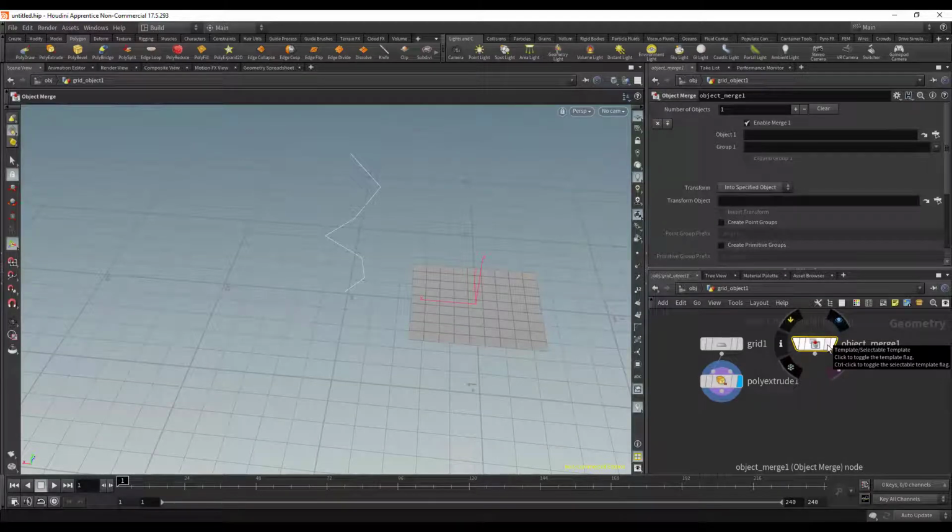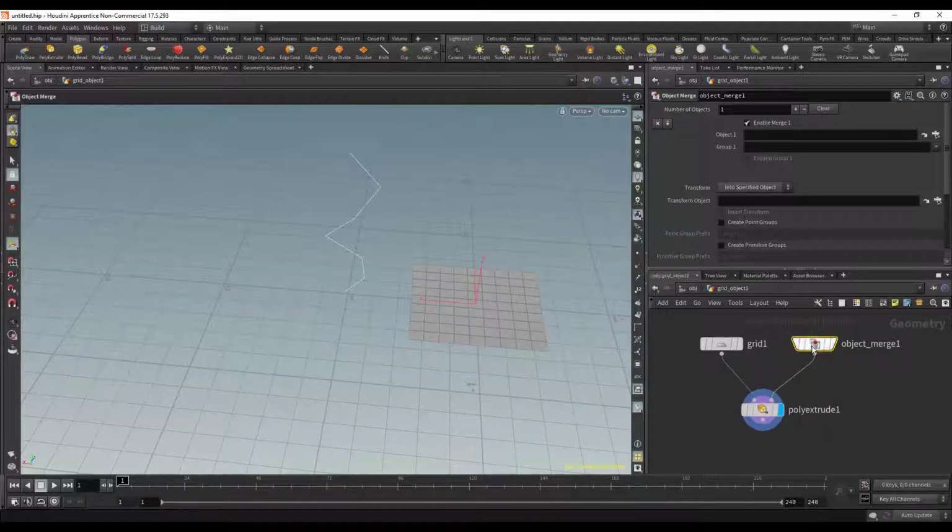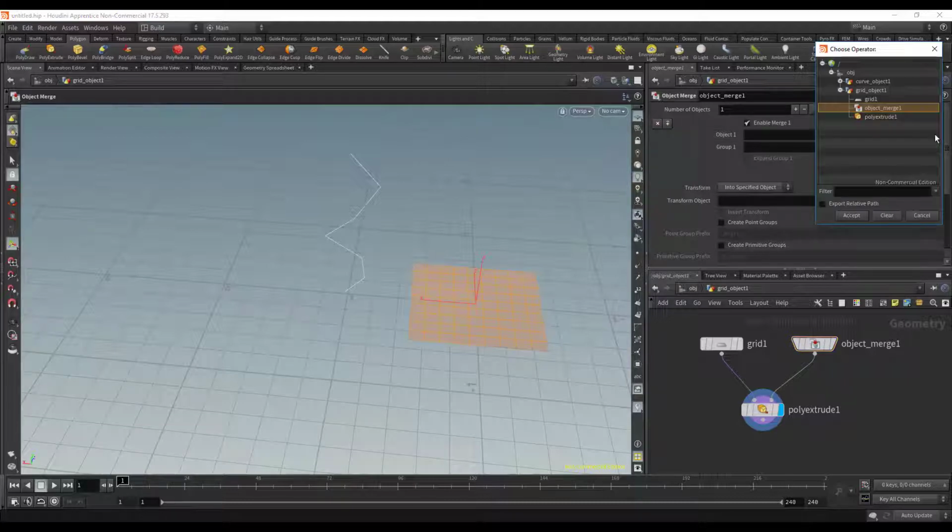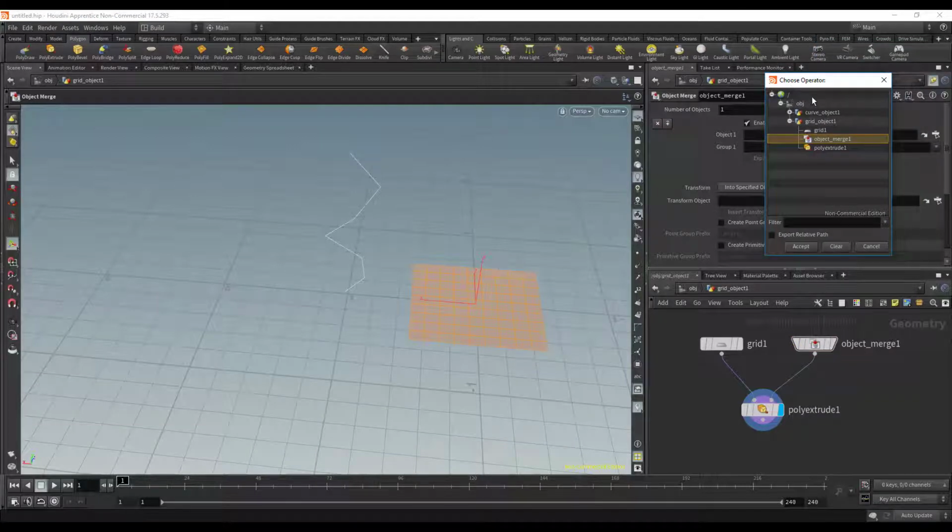Object merges are a way to bring in one piece of geometry into another network, vice versa. So they're really handy. And I can just go ahead and plug that into the second input there, like so. And here, where it says number of objects, I have this little icon to the right of this little arrow. If I click it, I get my operator where I can choose specific geometry that I have available in my project here. So if I come up to curve object, I could either click that, or I can drop down this arrow and get my geometry level node, which is curve 1,